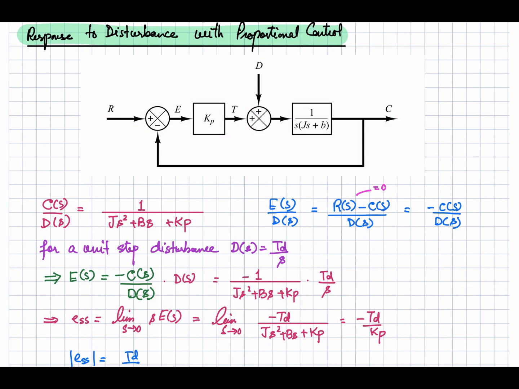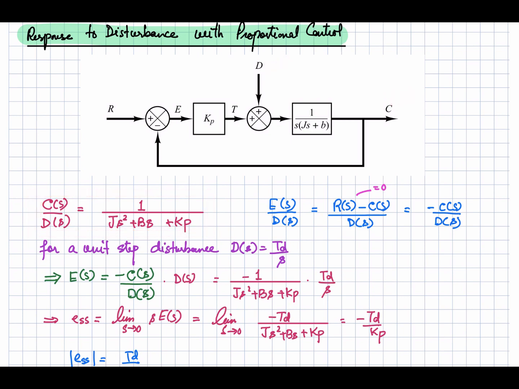So as we discussed in the previous lectures, if we have multiple inputs, we can use the superposition theorem. So for that I am going to assume that R is 0, and I am going to find out the transfer function between this disturbance and the output. Okay, so C(s) over D(s), if you evaluate for this one by considering R as 0, you will get this transfer function relating C(s) with D(s). This is C(s), this is the D(s), considering this disturbance as an input.